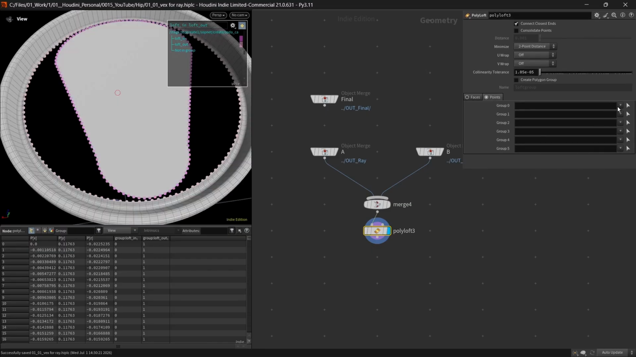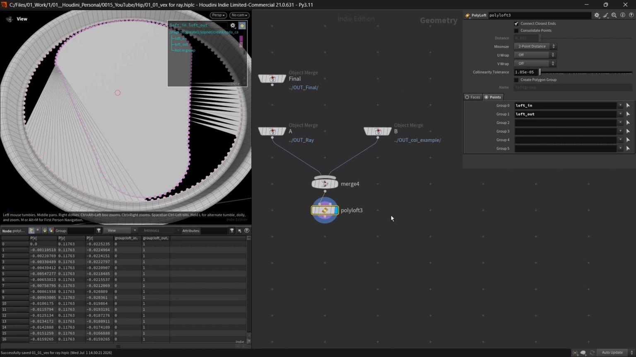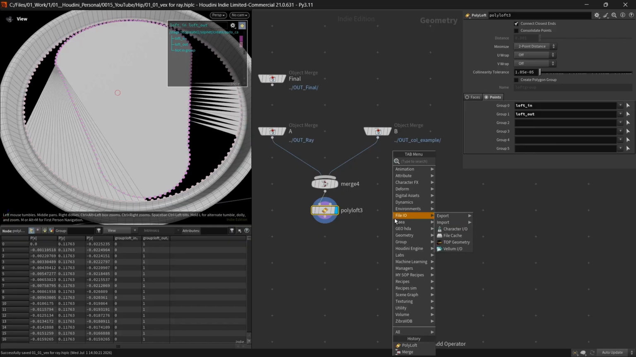Okay, let's see. Loft in, loft out, and yeah, that's not what we needed. What else could we try? We could try